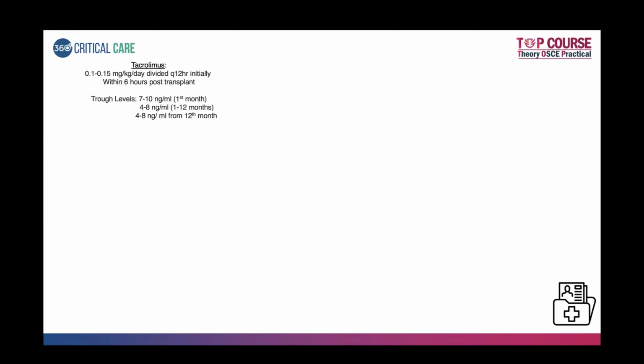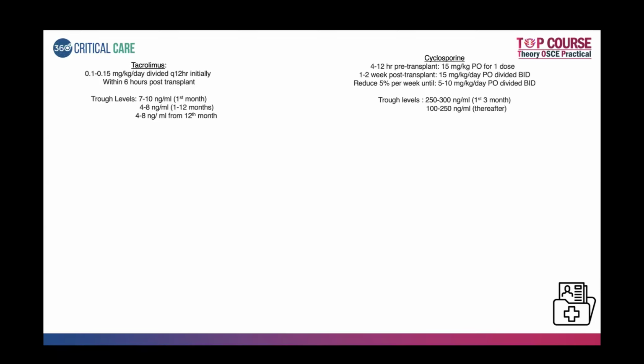So in the first month, they target 7 to 10, and thereafter they target 4 to 8. So that is the easiest way to mention it. So 0.1 to 0.15 milligram per kg per day, divided doses, and given within 6 hours of post-transplant. And trough levels, within the first month, it's 7 to 10 nanograms per ml, and thereafter it is 4 to 8. Whereas for cyclosporin,